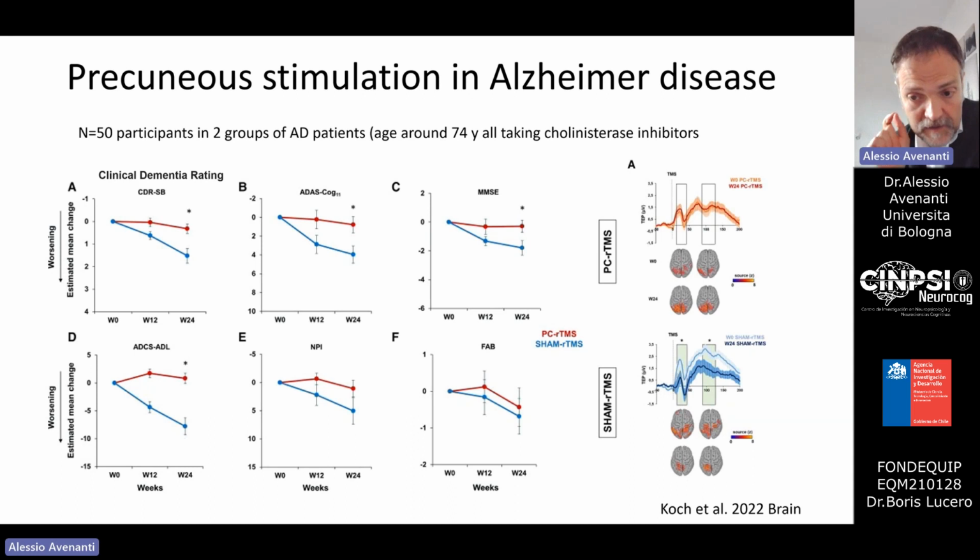So the effect of the stimulation of the precuneus was lower 24 weeks after the stimulation. We now have several clinical trials like this one and the previous one I presented, where in still small groups of patients, but not so small, some dozen patients, typically with double-blind procedures, they show better performance or at least preserved performance over time